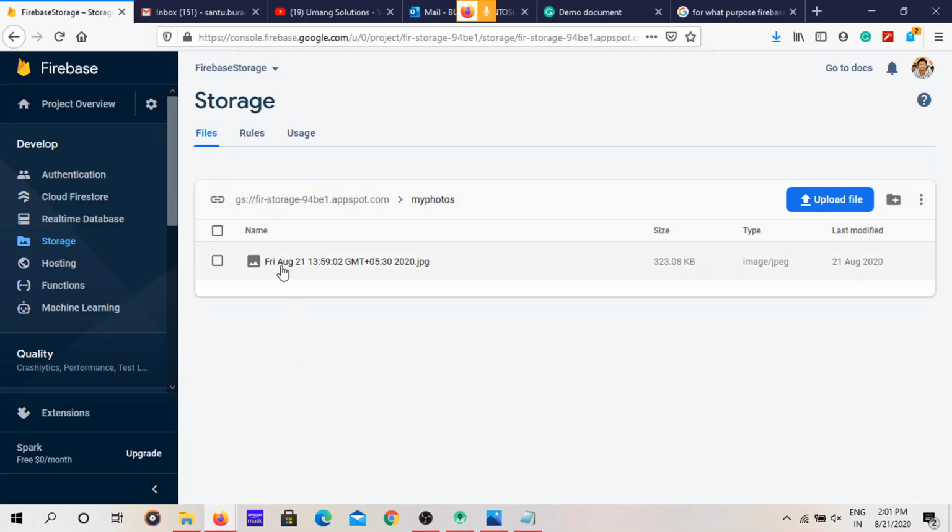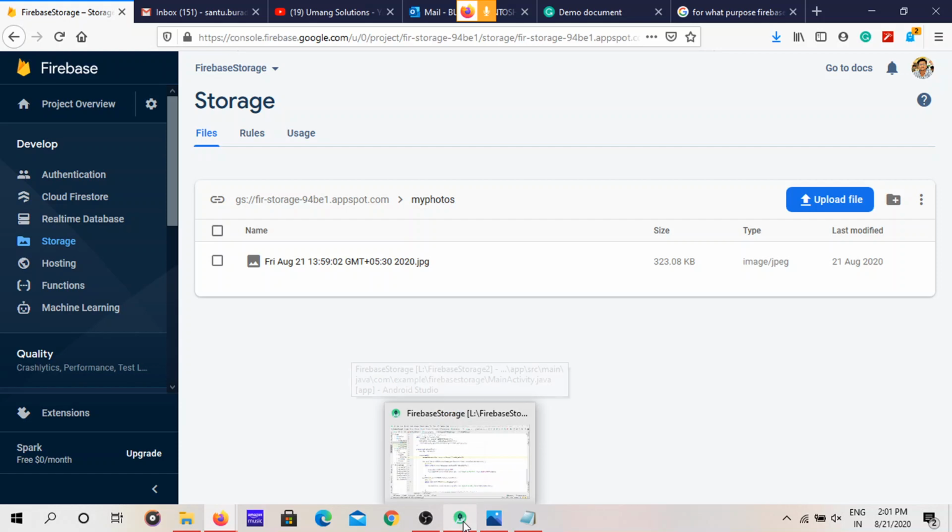The date and the time and the GMT, Greenwich Mean Time. So this is how we push the photos to the Firebase storage service. In the same way, you can also store videos. You have to do some research to store videos. It is the same as photos. There is not much difference.